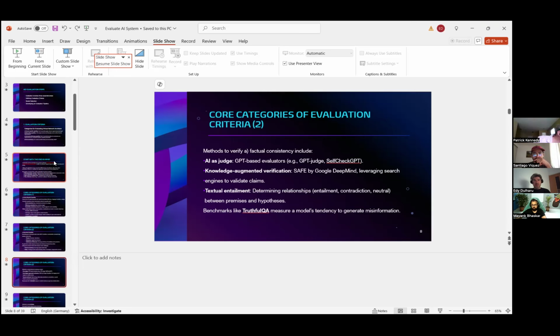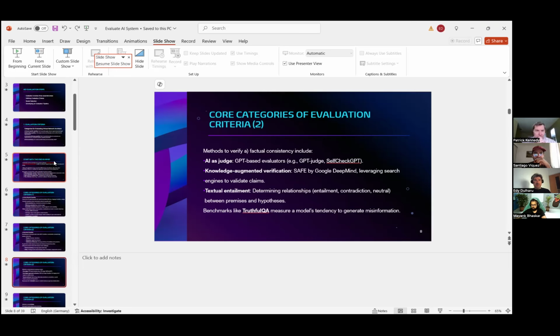So I used my own knowledge to assess the output of the model. Of course, this method is not scalable, and it can be applied only on very narrow domains when somebody has deep expertise. But for all the other domains, this method simply does not work. So that's why we have AI as a judge, which can be used to measure, especially, the factual consistency.